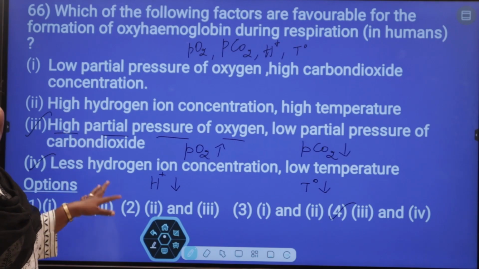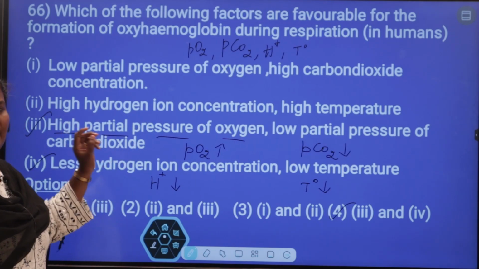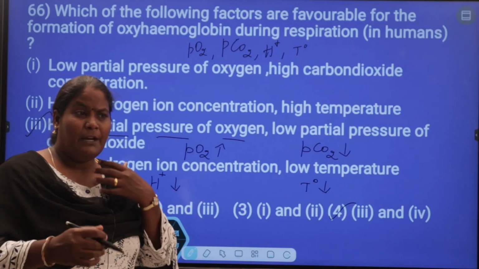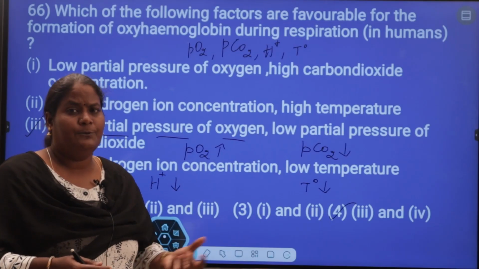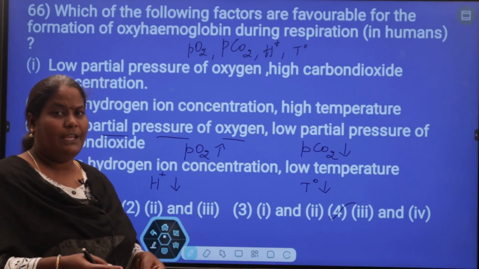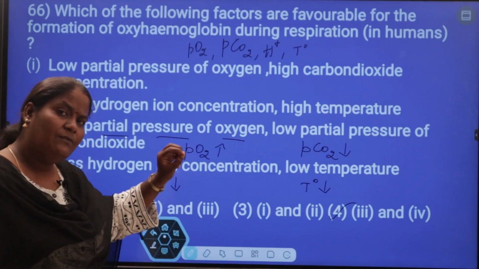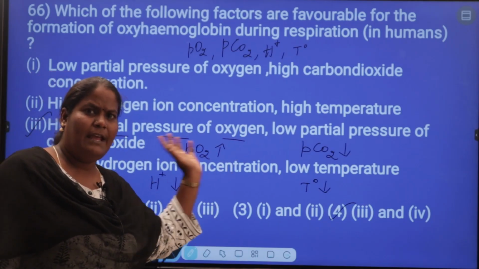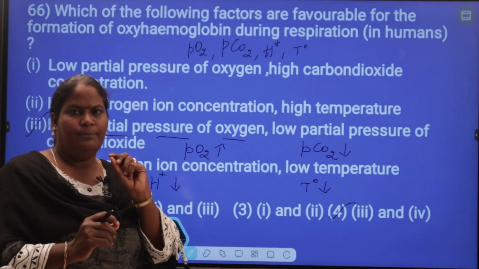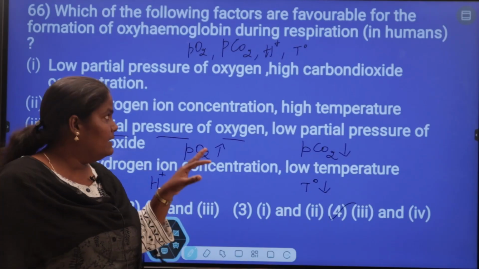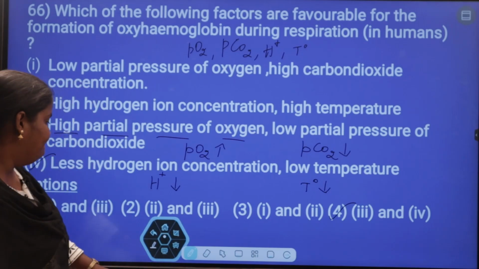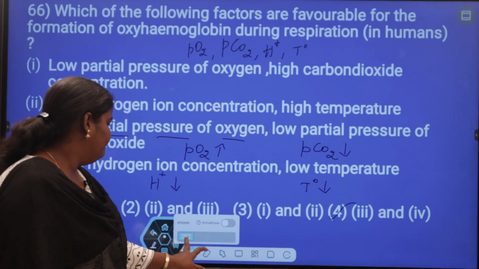When you are just observing the question, it seems to be so big, and students might get frightened and say they will skip it. But when you are reading this question, it's a very, very simple question. It seems big, like an illusion. But these kind of questions will make you score the marks very easily. Next,